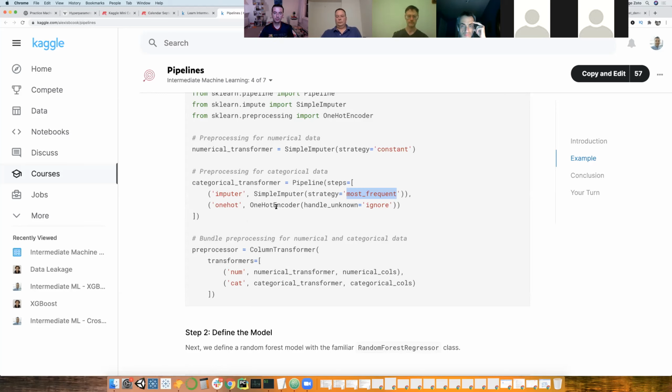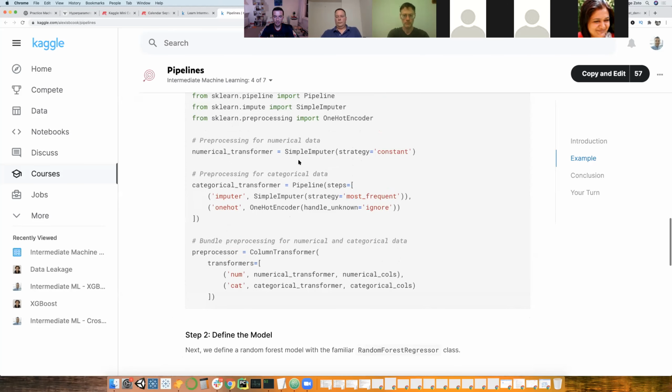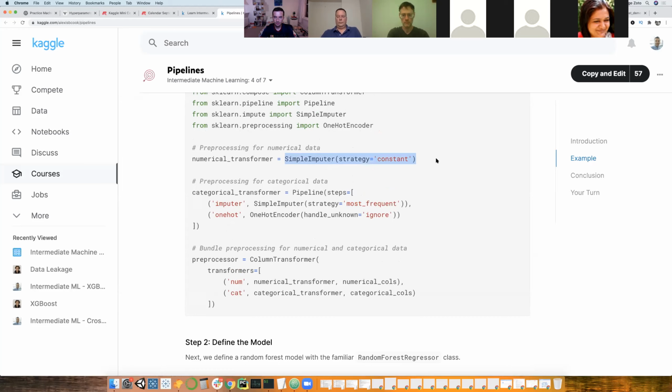In this case, we're using a one-hot encoder, and sklearn also makes it easy for us when we see new values that we haven't seen before in the validation set. We're actually going to ignore those values. That's this handle_unknown ignore. Cool. So now we have a way to deal with missing values for numerical features, to deal with missing values for categorical features, and to encode our categorical values.